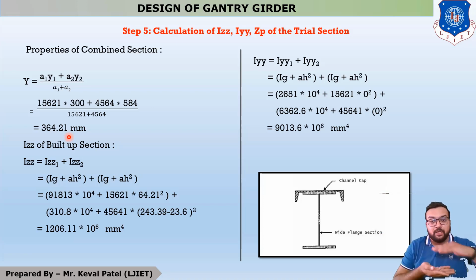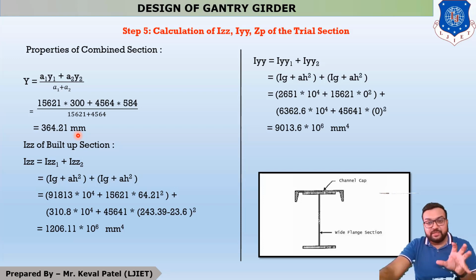It is 300 mm. But whenever you have to provide a channel section on the top of the flange, then your CG is moving in the upward direction and the final answer is 364.21 mm. Now we have to find out the moment of inertia of this combined section. Okay, so let us start our moment of inertia calculation, in which the equation is Izz is equal to